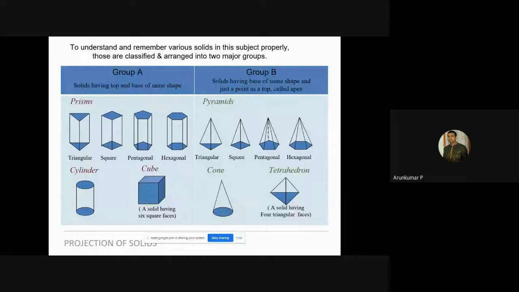So basically, projection of solids is just an extension of projection of planes. In projection of planes, you had triangle, square, rectangle, pentagon, hexagon. It was a plane entity. The only difference here is that now it is no more a plane. Here you have to deal with solids. But the concept, resting on HP in the first step, inclined to HP in the second step, inclined to VP in the third step, remains the same, whether it is projection of planes or projection of solids. Is that clear?